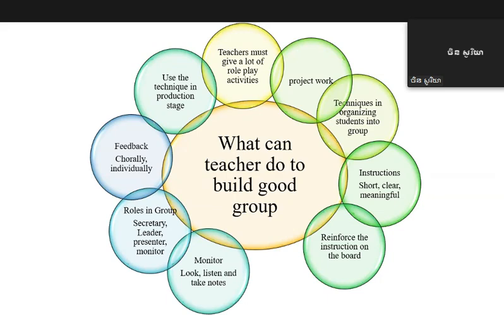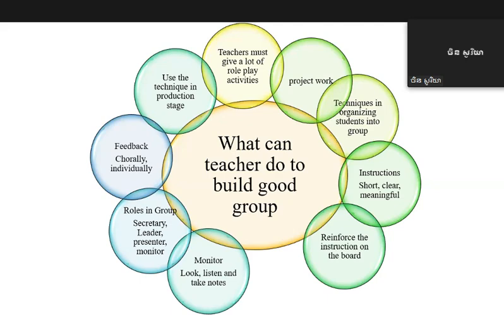So it's very important. If you don't know techniques to arrange students into groups, it might take time. Some teachers might group the students by their height, so students who have the same height go together. Or those who sit together just face each other, and then we get the groups.